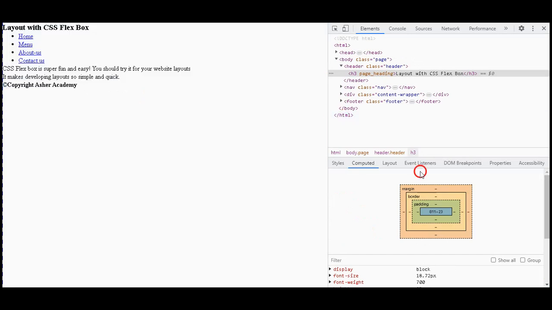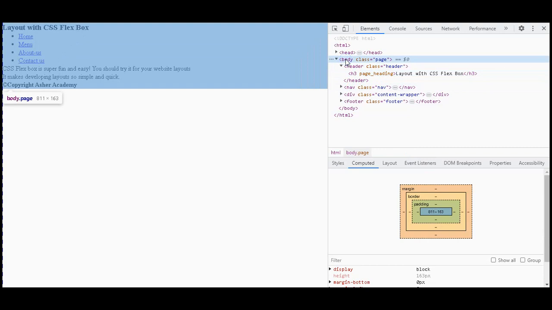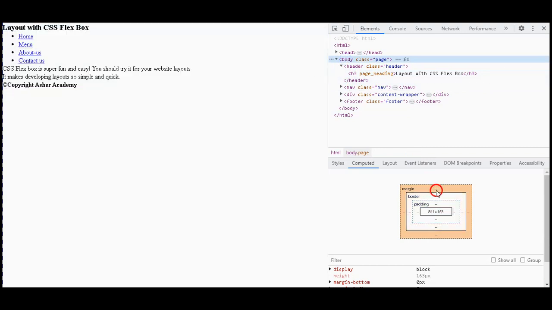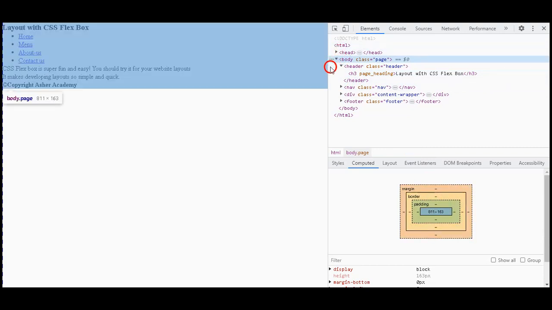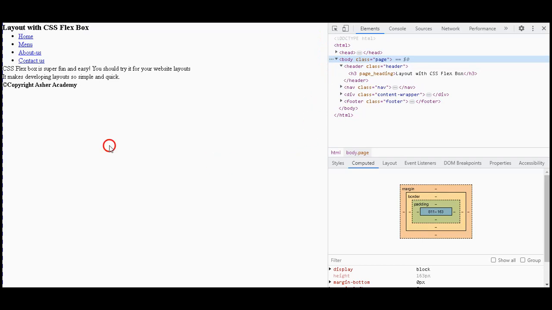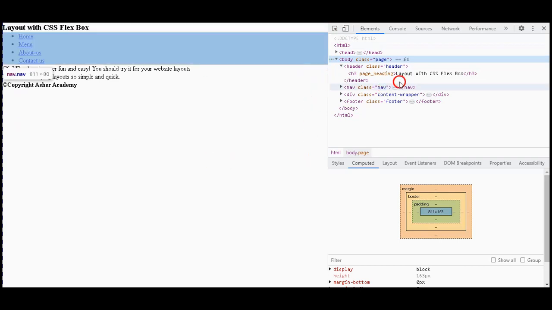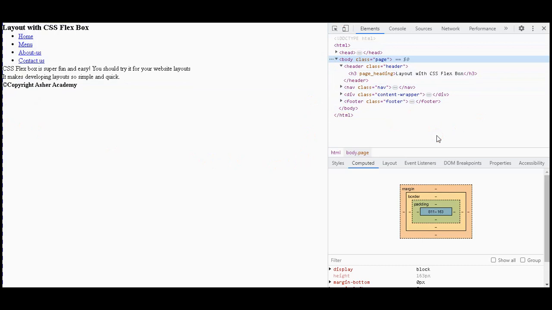Okay, as you can see now things are close together. Let me just go to my heading. It no longer has the margin. If I go to my body, it no longer has the margin. As you can see, it's not showing anything there, and we no longer have that orange border that we had earlier. So that is how you can remove the margin so that you actually have control of what you're doing. Okay, so now let's go back